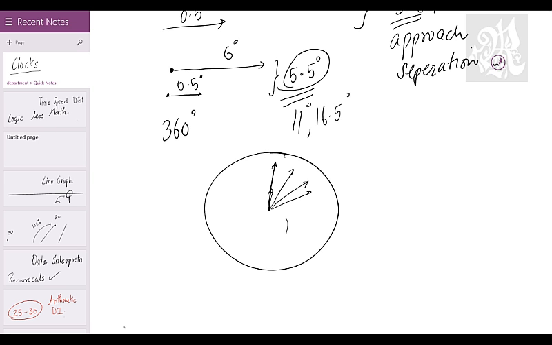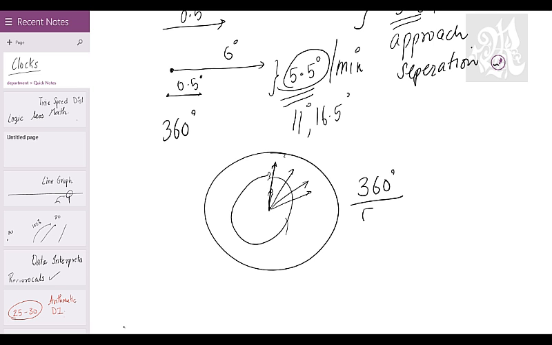When I say the minute hand has gone ahead by 360 degrees, what do you mean by that? They are together again. Because going ahead by 360 degrees is coming back to the same person. Are we clear? It's like going the entire circle. It means you come back to the same guy. Okay.